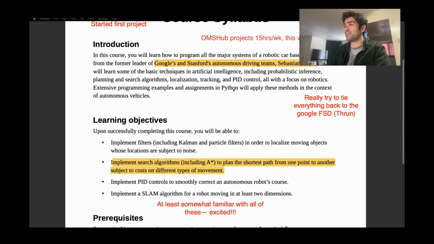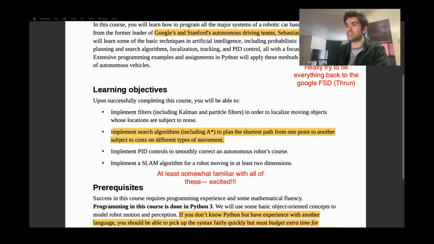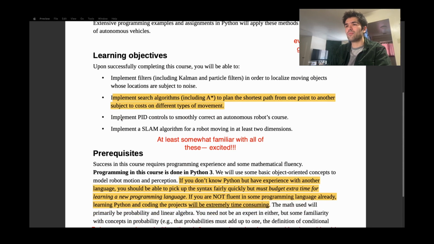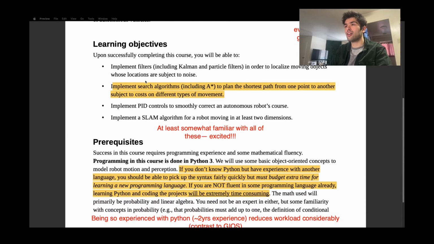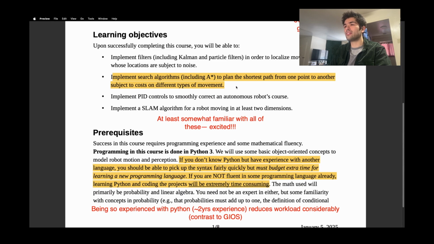Which is a perfectly fair thing to chase after. I would love to work on FSD, full self-driving. But speaking of full self-driving, these are the main techniques that we're going to be talking about and doing